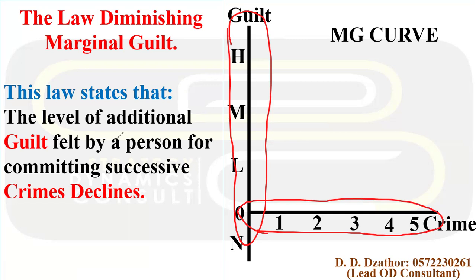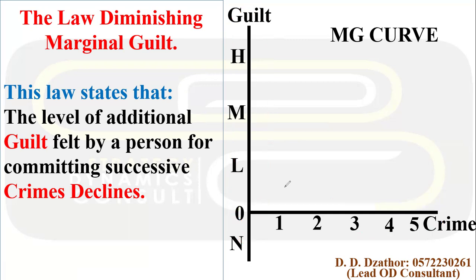Okay, so what we're saying is that if someone commits a crime for the very first time, let's say a crime or a bad deed like stealing or using a vulgar word or taking a bribe or killing someone or committing adultery or fornicating, the level of guilt, the shame, the level of remorse that you feel, the level of regret that you feel is so